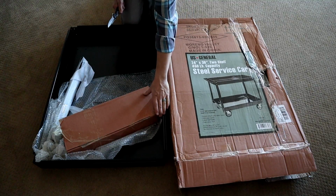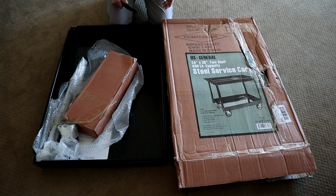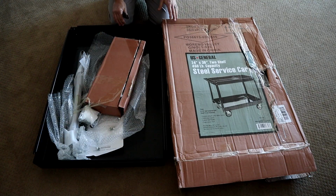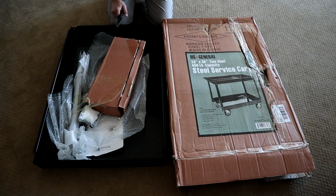So the price on this is $59.99, and at Harbor Freight you can almost always find a 10% off or a $10 off or a $20 off coupon. This is rated for 450 pounds, we'll be the judge of that, but 450 pounds should be plenty even with the freeze dryer, the extra gear that goes with it, the pump, the extra oil, extra water if it's draining